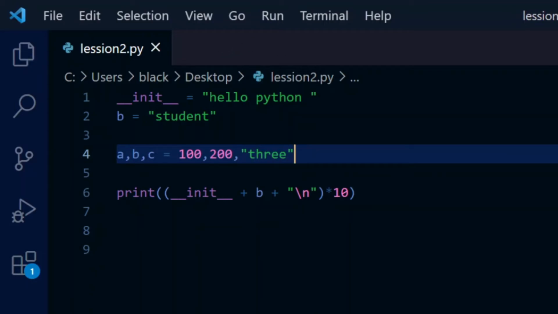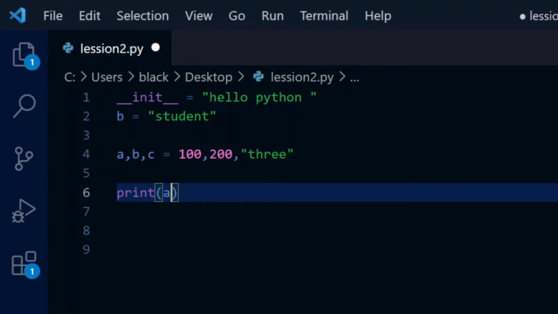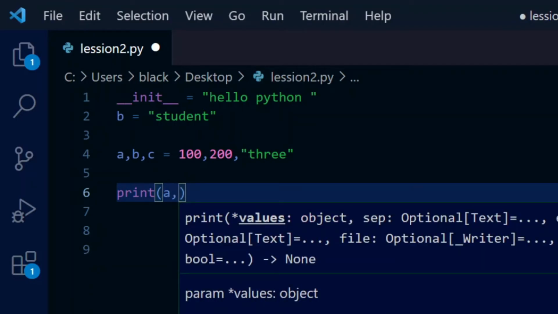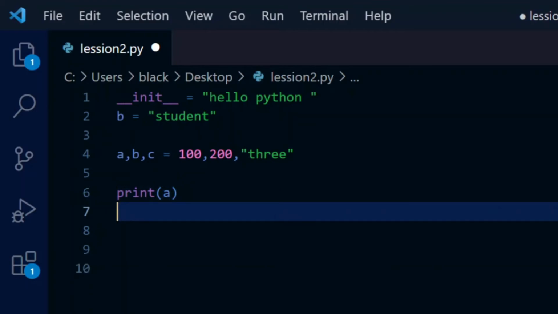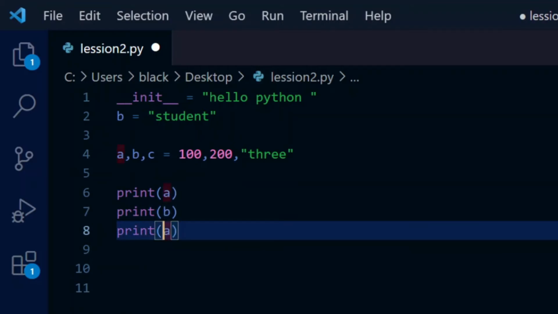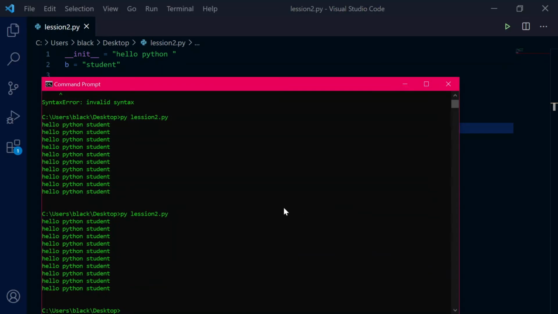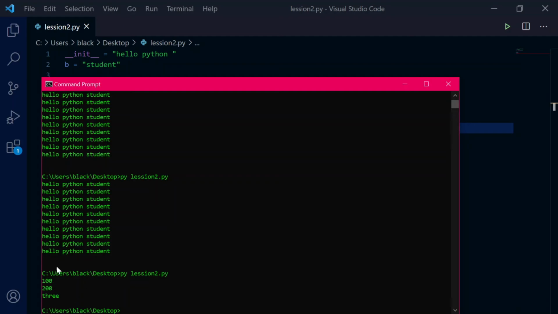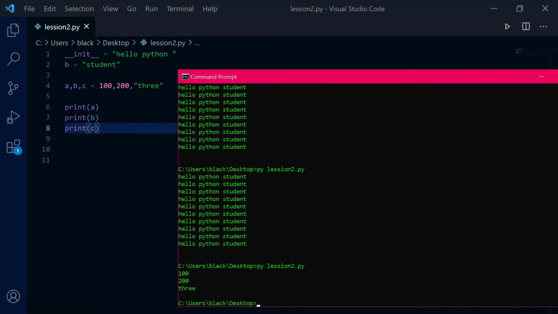If I save it, and here I'll change this, print A, no, I'll add another line, this is B, and lastly C. And if I save it and run it, you can see the expected result. This 100 maps to A, this 200 maps to B, and this string 3 maps to C.